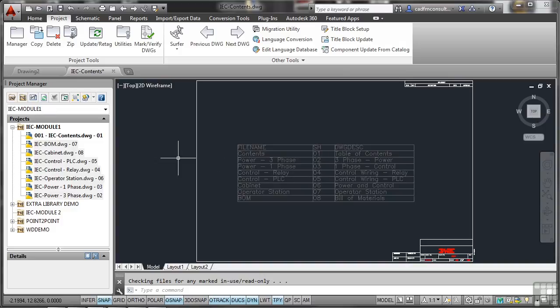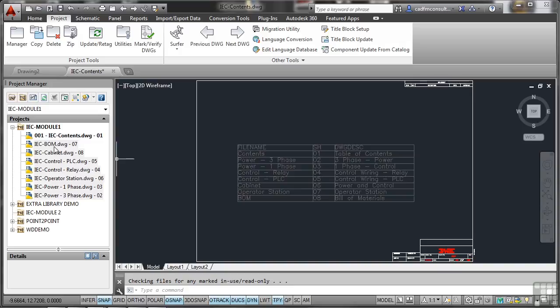Now, what you'll notice, look, there's the numbering system. There's the sheet numbers, but it's done it in alphabetical order. So what we need to think about now is the numbering of each drawing. Now, you can't really do this in one job lot. This is an individual thing that you would do anyway, because you need to update the title block for each